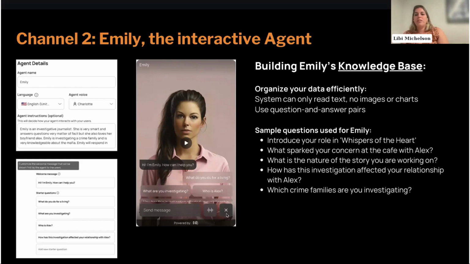And even more so, you have to build your agent's knowledge base. A lot of these agents pull from ChatGPT, which is information that's been uploaded from the internet, and she could probably tell you about the moon landing, but you wouldn't be able to Google and see how Emily feels about Alex. So we created a text-based document, no images or charts, and we created